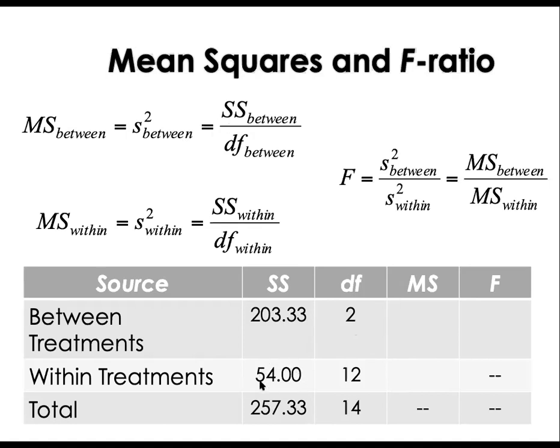Sum of squares within divided by degrees of freedom within gives us mean squared within. And then for F, we're going to just look at variance between divided by variance within, or same thing, mean squared between, mean squared within. So we're going to take this divided by this. So it gets a little bit easier. Sum of squares is maybe the hardest or the most intensive in terms of calculations. So when we put some numbers in here,